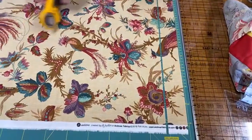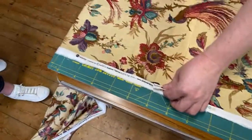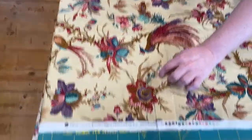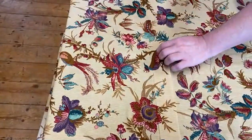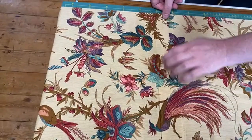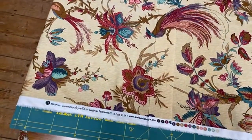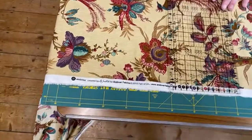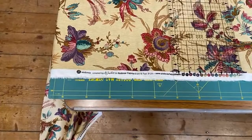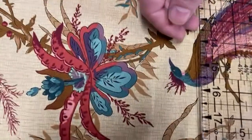So what this means is you've now got your initial starting point. Okay, so I don't move my fabric at all. All I do is I take this bit and I go and I lay this over here, and you can see I'm lining these points up all the way along so that it's completely lined up along that route. Does that make sense? Yeah. So now, when I do this, and I line my ruler up, I've got my ruler all lined up on that line, so you can see the fabric line is here, and I'm